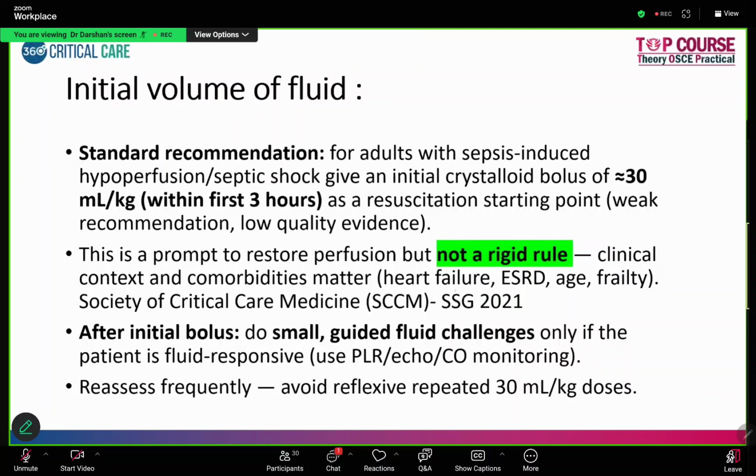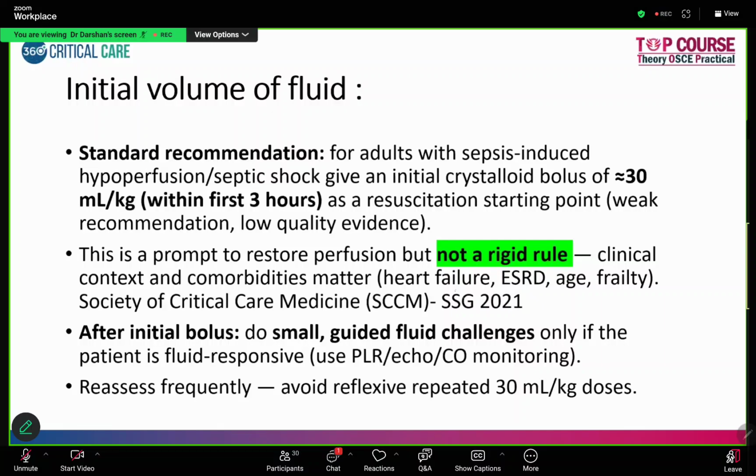Coming to initial fluid resuscitation, we all know SSG 2021 says 30 ml per kg within the first 3 hours. Remember, it's not a rigid rule. Why is it not a rigid rule? That is one of the major reasons why it got a downgraded recommendation. Okay, I will talk to you about it later on. By saying that, I'm not telling you not to give 30 ml. What I'm trying to tell is